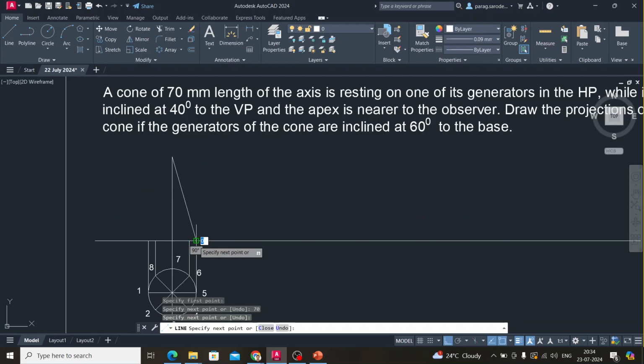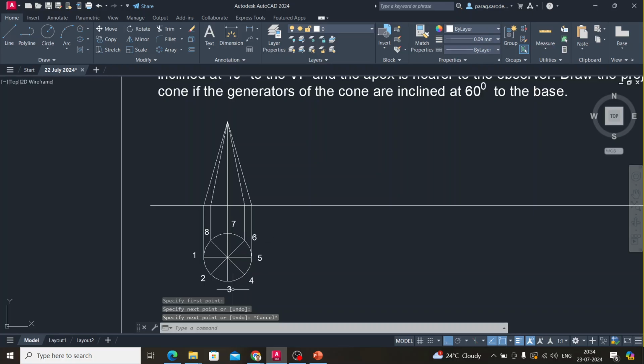I will connect it with one of the generators. I will connect it with the generator passing from here. I will connect it here, and I will join this. We'll take one more line which will be connected between these end generators. Now we will name the base point, which is the center here, as